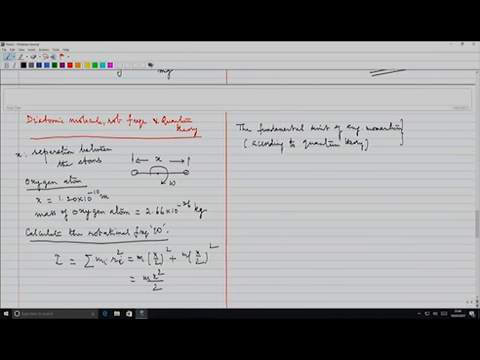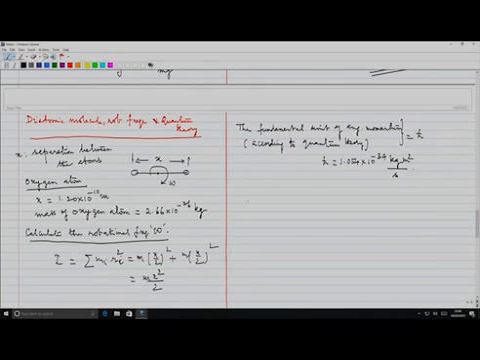Is h cross. What is the value of h cross? This data will also be given to you. 1.054 into 10 to the power of minus 34 kilogram meter squared per second. Okay. Therefore,